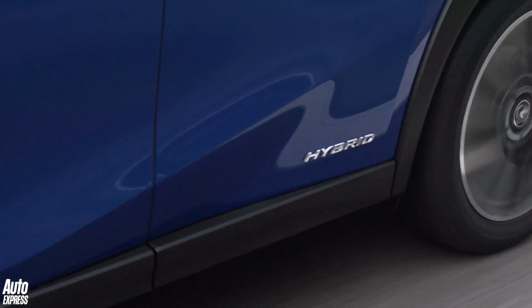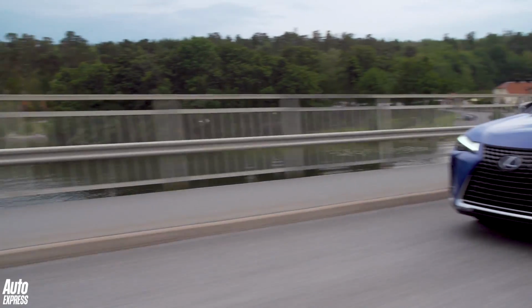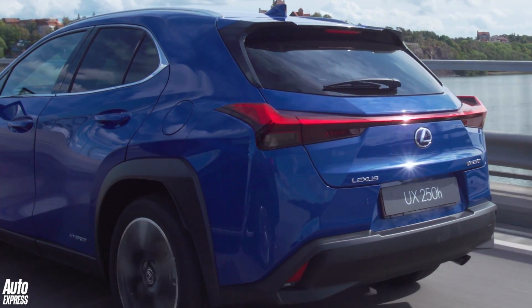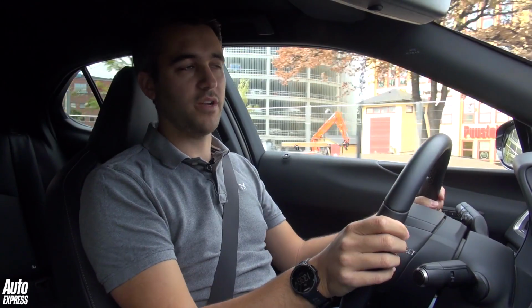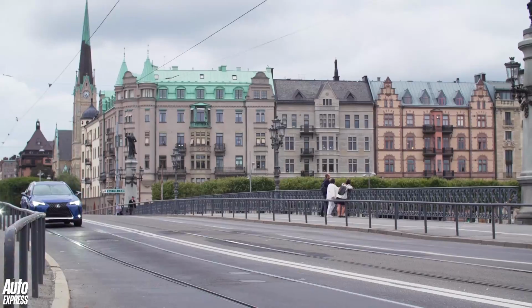In the UK, the all-new Lexus UX will come with just one engine choice. The 2-litre hybrid motor produces 176 horsepower and is capable of 0 to 62 in 8.5 seconds. Lexus reckons most buyers will opt for the front-wheel drive car, but an E4 all-wheel drive model is also available. But that all-wheel drive system isn't designed for you to take your UX too far off the beaten track. It's an on-demand system, so it activates when it senses slip, for example in adverse weather conditions or perhaps in